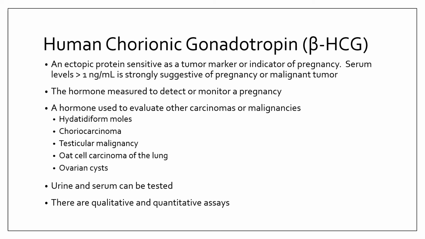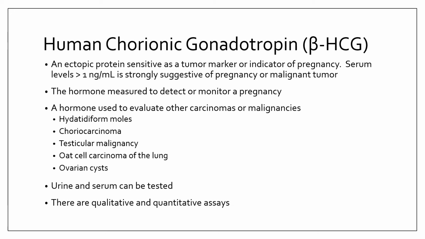Okay? An ectopic protein sensitivity as a tumor marker or indicator of pregnancy is what HCG is used for. Okay, if you have a serum level of HCG that is greater than 1 nanogram per mil, it usually is strongly suggestive of pregnancy or a malignant tumor. So even men can have a positive HCG if they have a tumor. Okay, generally we use HCG to look for pregnancies, but again, HCG in men will increase if our patient has